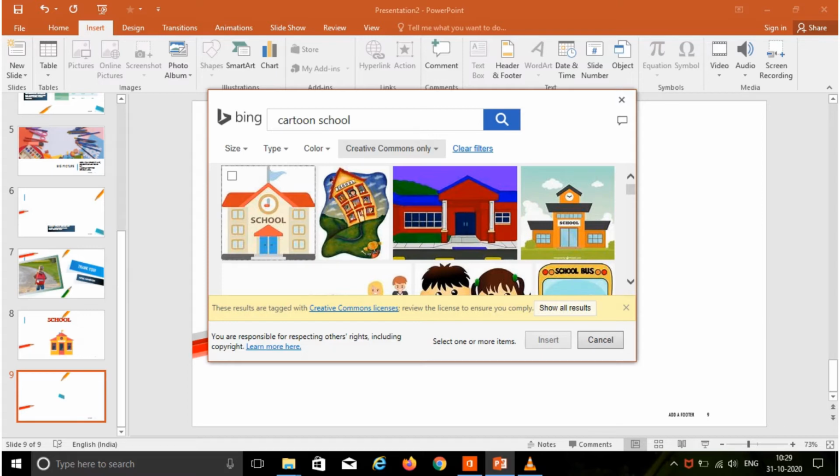Here we are having so many images. In this I am going to choose multiple pictures by pressing the Control key while selecting the pictures. So click the Insert button. Now the pictures will be downloading.